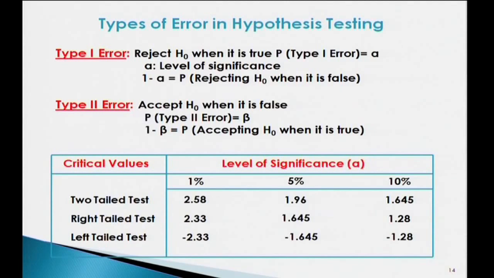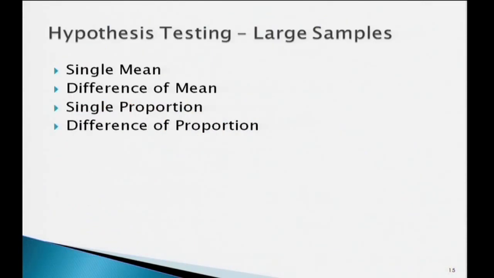There is no rejection on the right side if it is left tailed. So, for left tailed your critical values would be in negative form, and for right tailed critical values in positive form, Z positive values. Please do verify how these values are coming. If you are able to memorize, then generally we use 1.96 for 5% and 1%, and sometimes 1.645 at 10%. But the normal distribution table is always accessible. These would be provided during the exam also. So, you can re-verify whether the values you have tried to memorize are correct or not.